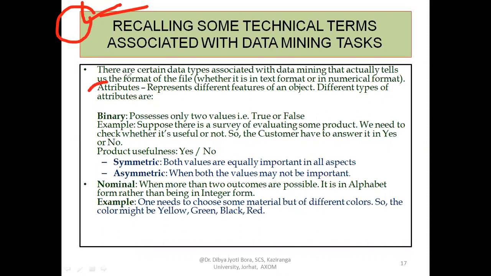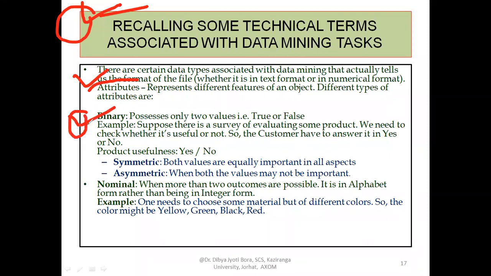And I hope you already know what an attribute is. An attribute represents exactly the features of an object, or you can say a property of an object. Now, there exist different types of attributes. We will try to discuss them. Then the first one